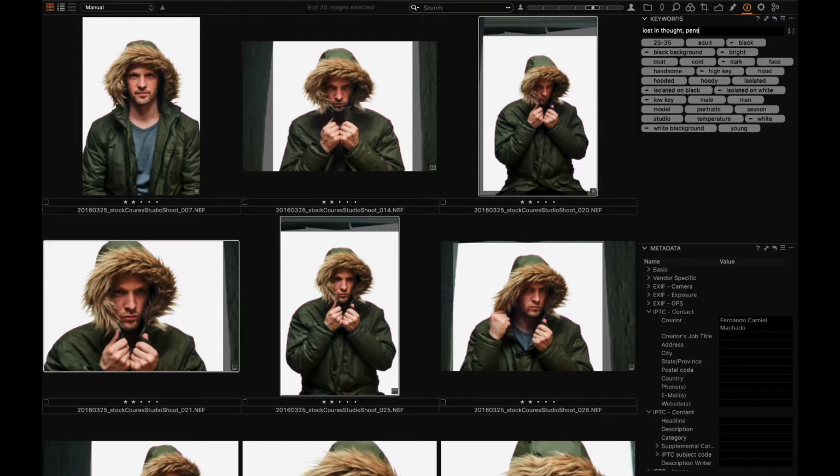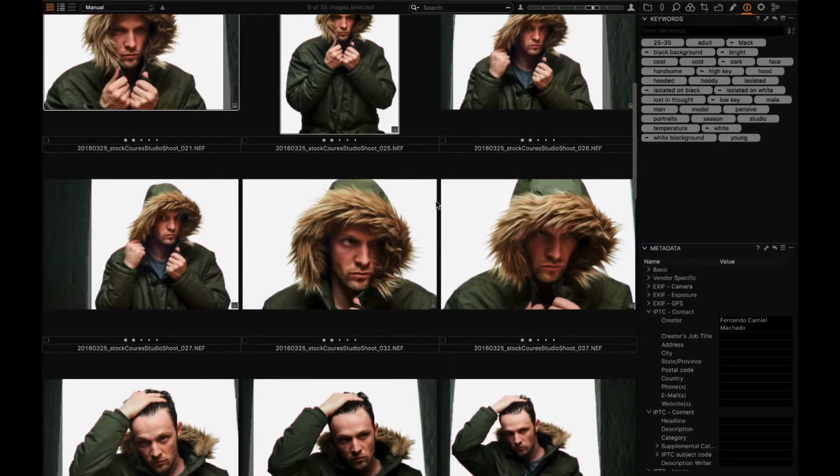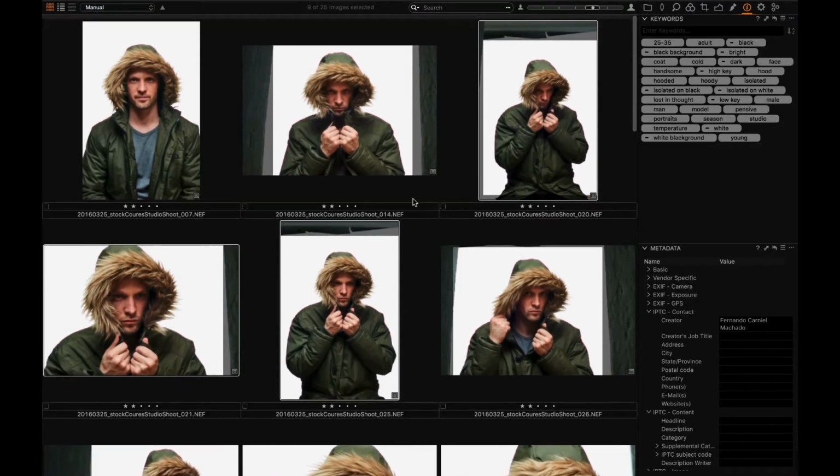Pensive as well. Pensive is a funny one. I'm trying to keep it so that I don't enter words that are not very easily input by clients, you see. But I think pensive is quite a nice one. It just describes it very well. So I want to use words that are simple as well. I don't want to go into very complicated words, because clients are more likely to look for simple keywords rather than very complex ones. Right, so I've got the pensive ones,